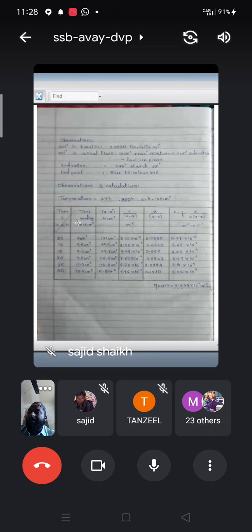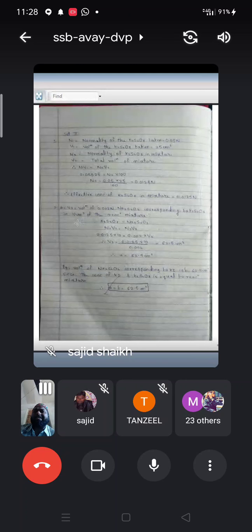Now we will talk about set 2. Same, we have to calculate the A and B for set 2. Here just the concentration is different. What we have taken? 25 cm cube of this particular K2S2O8 solution, and the total volume is again 100. 0.05 normal into 25 divided by 100 will give 0.0125 normal K2S2O8 solution.